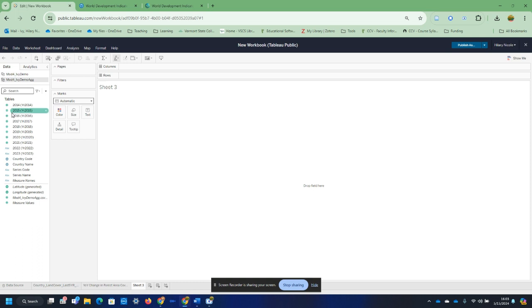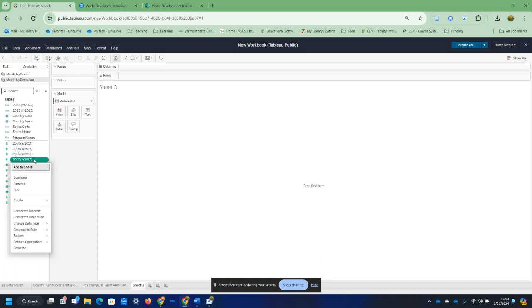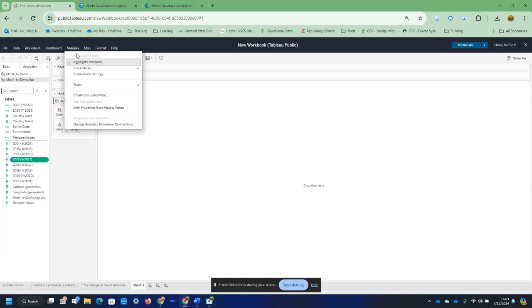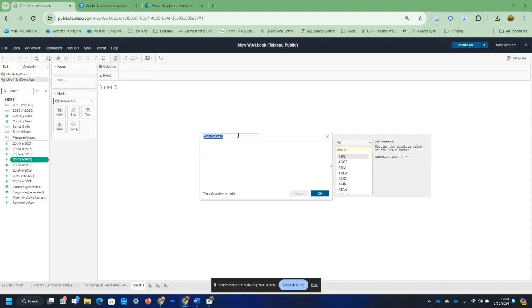Okay. So again, you'll notice that we've got to make sure that it recognizes these as measures. I would rename them if I wanted to. I'm going to go ahead and create that calculated field right here. So we're going to say year-over-year